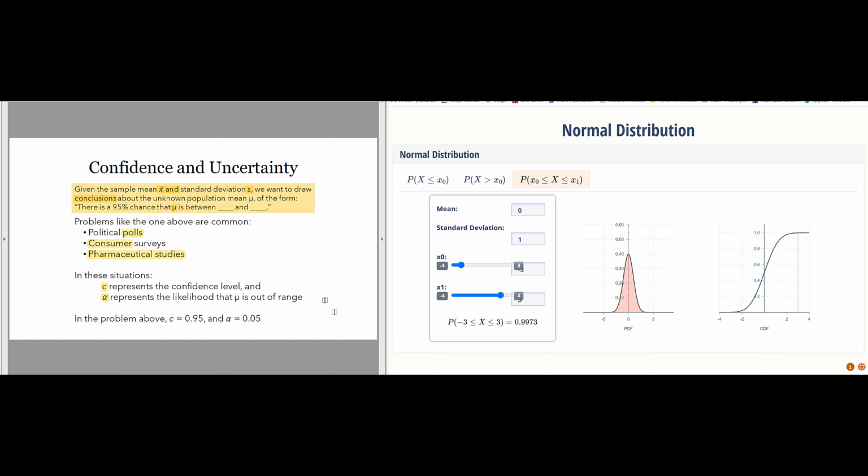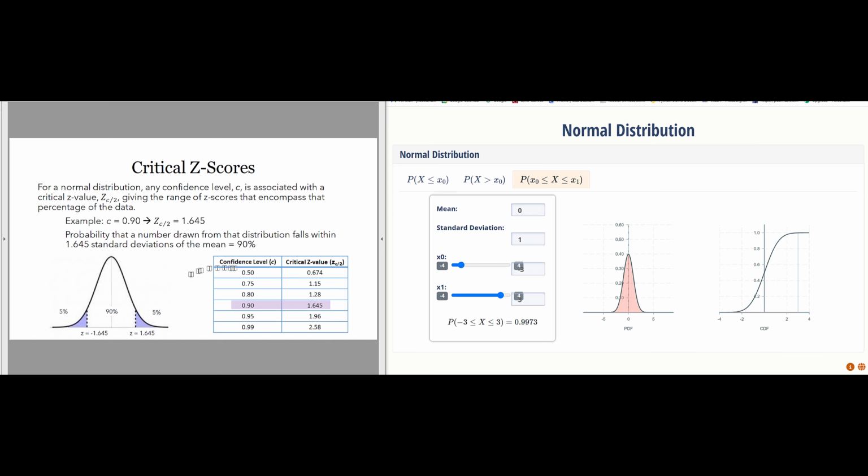So in this case, in this framing at the top of this slide, we want a 95% confidence interval of a value between two particular values. And then the alpha is just whatever falls outside of that confidence interval. Okay, so